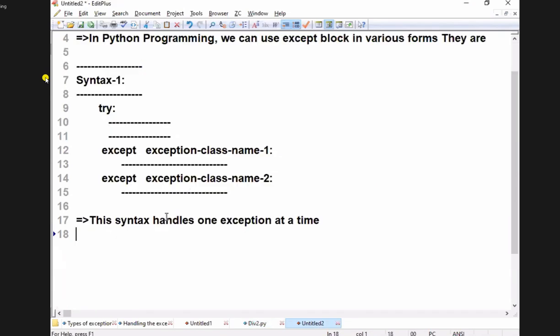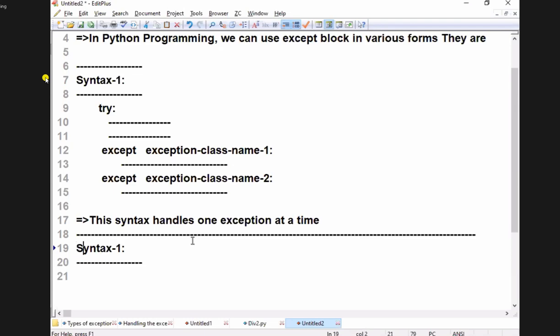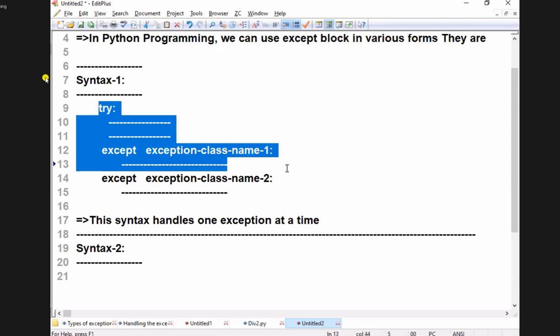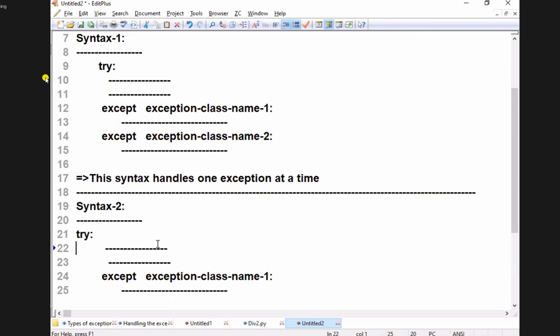Next, we can also go for this type of syntax. Students, this is also one more useful thing for you. If you like it, go for this one, otherwise go for syntax number 2. Syntax number 2 is like this. Next, I wrote the except block.